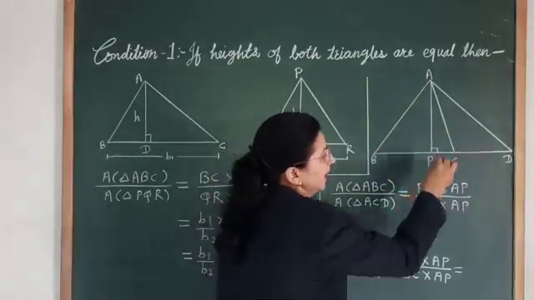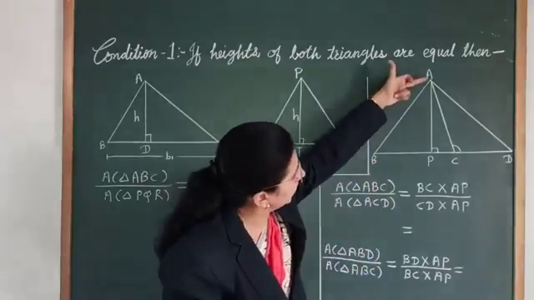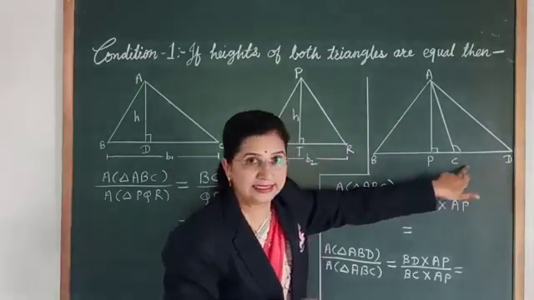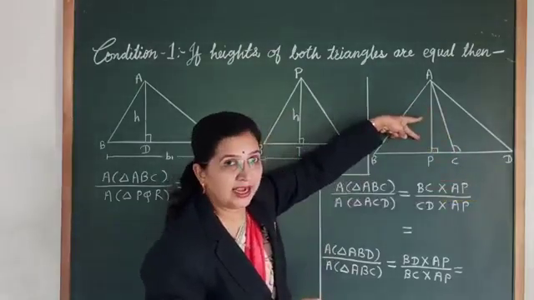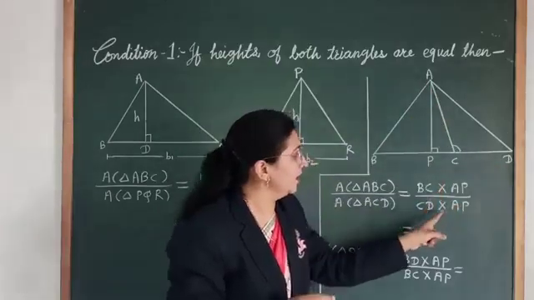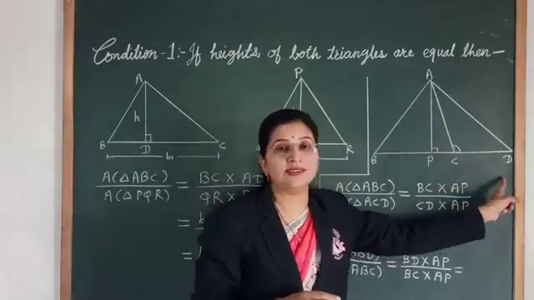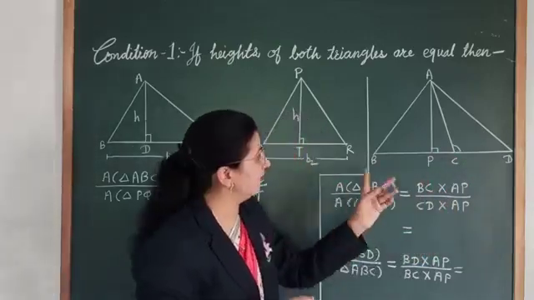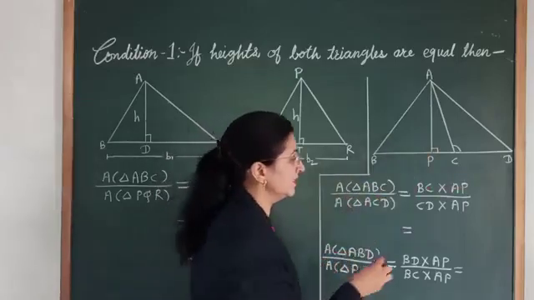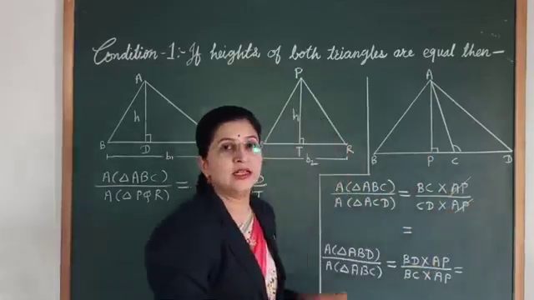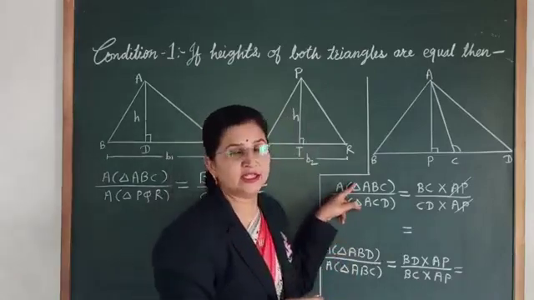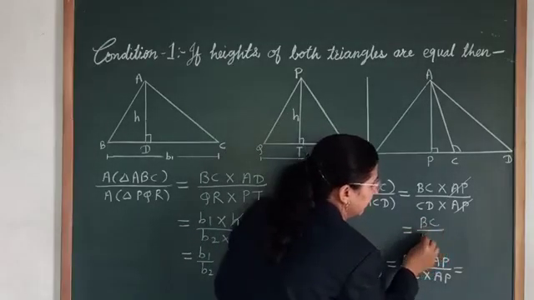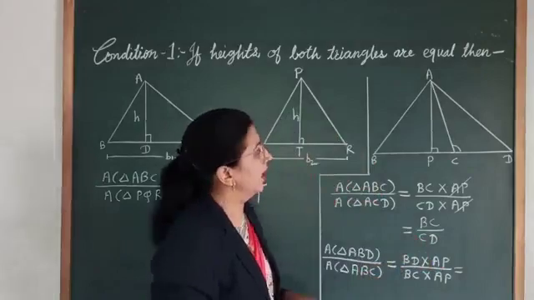As it is an obtuse angle triangle, here the height is from the vertex A, a perpendicular on the side CD. That's why AB is the height of triangle ACD. And as it is the perpendicular on side CD, that's why CD is the base. So here also you can see that for both the triangles the height is the same. So it will get cancelled. So here also we will get the ratio of areas of these two triangles is equal to the ratio of their corresponding bases. Now the same figure.